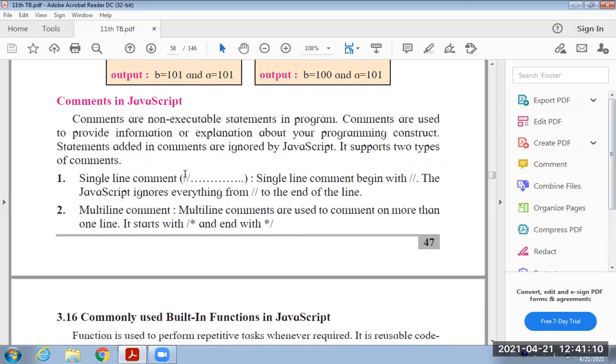To provide a single-line comment, we have to use a double forward slash before the start of the line. For a multi-line comment, we use slash star at the start and star slash at the end. These are the two types of comments, single-line comment and multi-line comment.